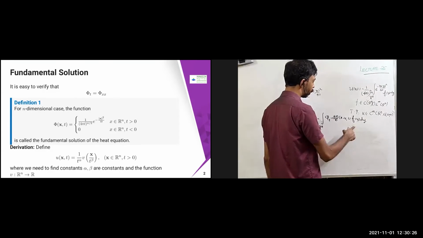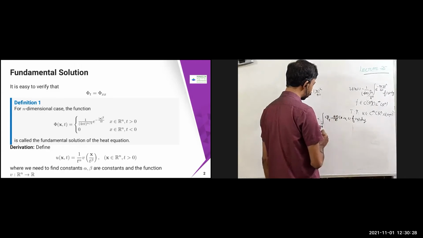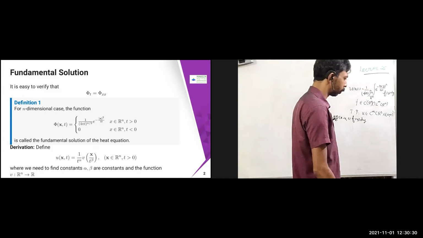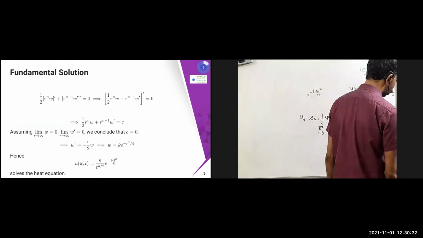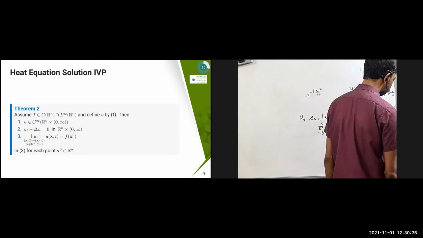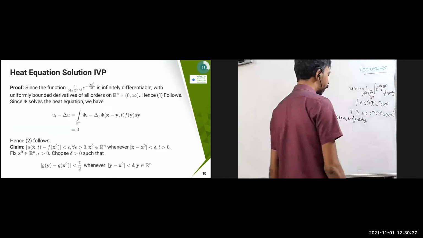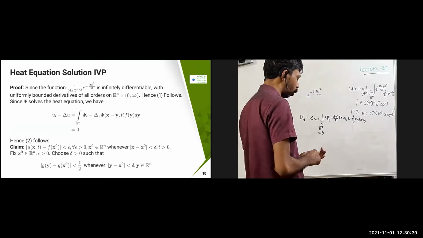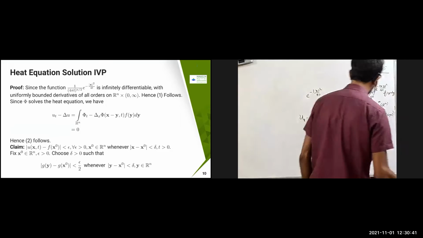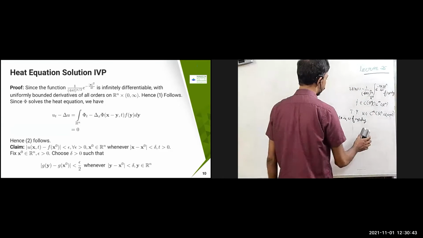Phi_t equal to del phi is there. So this term is going to be 0. Therefore, this is going to be 0. So using that, we have claimed this part. Second part is done. Now only for the third part, we require some little tedious work, so that we will go slowly. So how to prove that? Let us see that. So only for the third part.